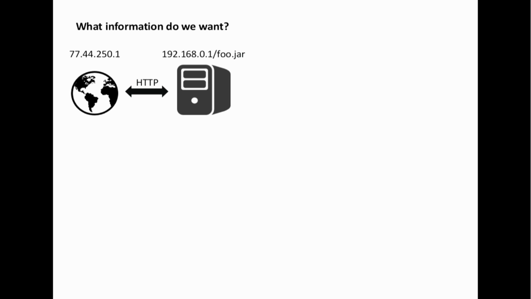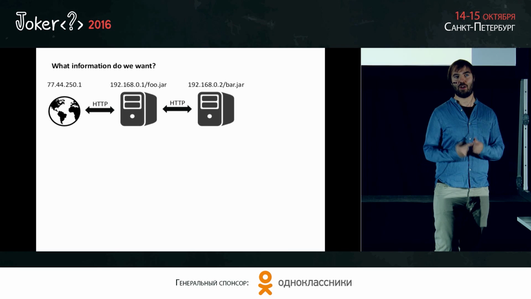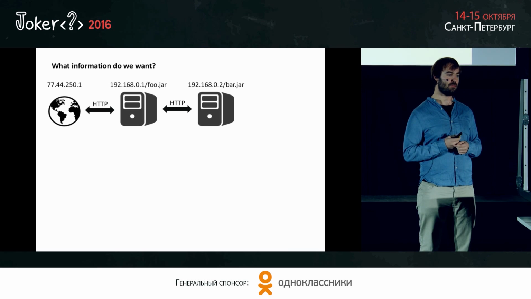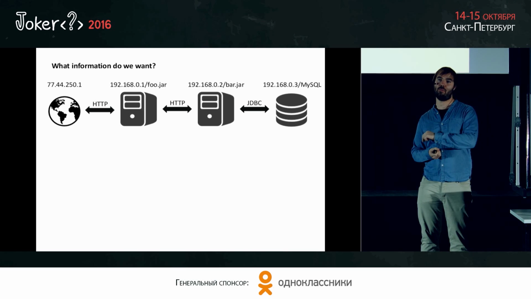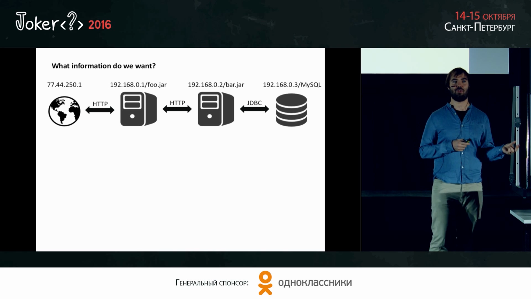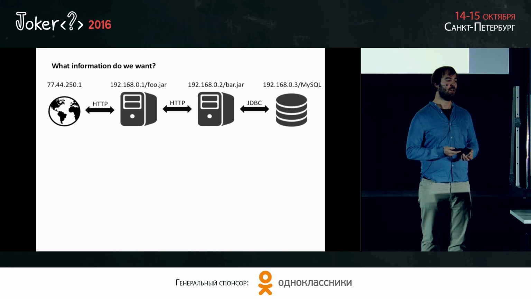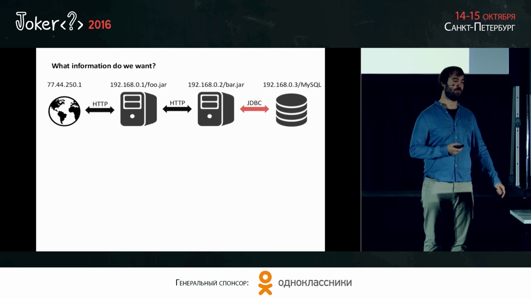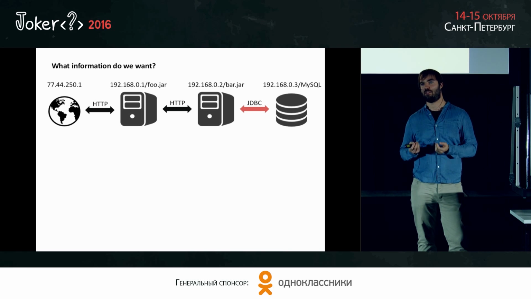It shows you a web page or something. But in order to serve this web page, foo needs information from some application server in the back end, which is bar. Bar processes information, and they communicate via HTTP as well. And in order for bar to answer a question, it has to go to a MySQL database. And just as an example, let's say this MySQL database is overloaded. It's serving too many requests, and it's slow. So this application here is broken, or the connection between bar and the database is broken,